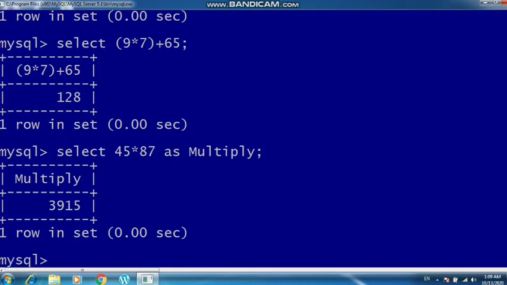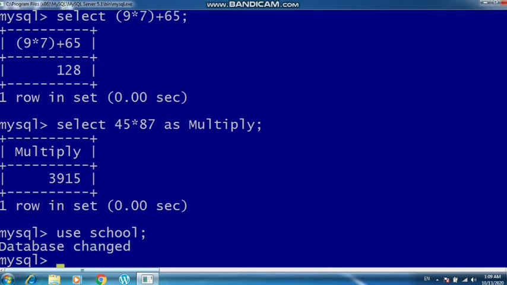So now I am going to show you with the help of the table which we created yesterday. So let us open the table first of all. Now to open the table I have to open the database. So I am using the use command and then the database name, use school. I am inside the database now. So our table name was student. So let us execute the command select asterisk from student. This is going to show me all the records of the student.